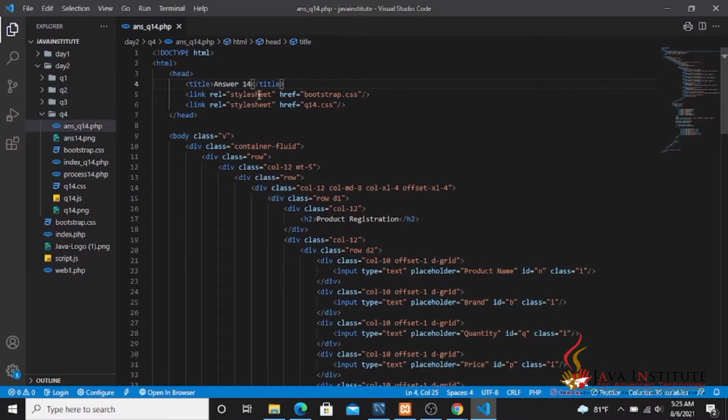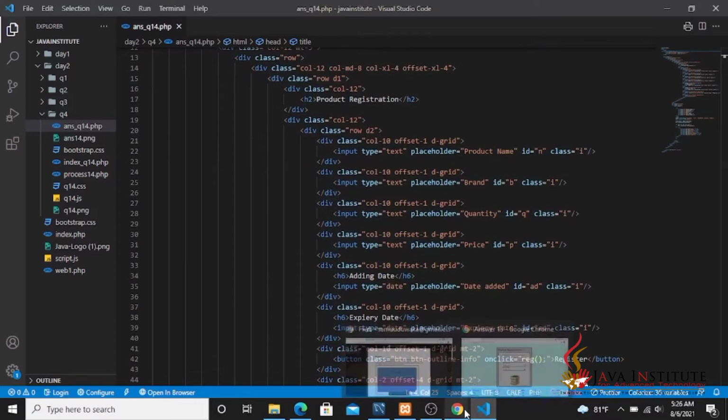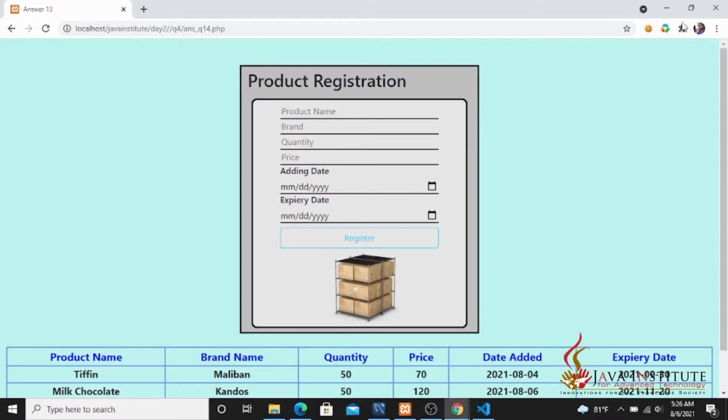And I have linked this bootstrap file and some custom CSS here. Bootstrap is for making this page responsive, and I'll show you the responsivity of my page here first.